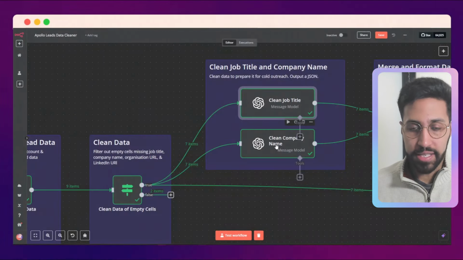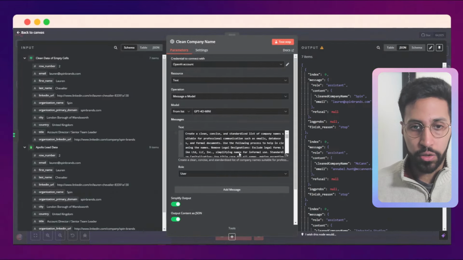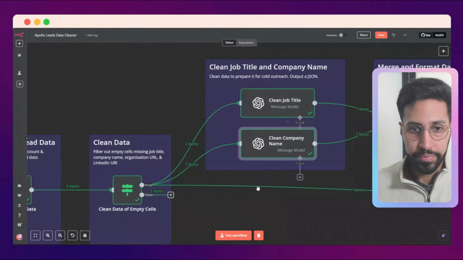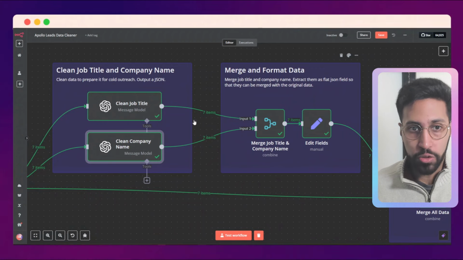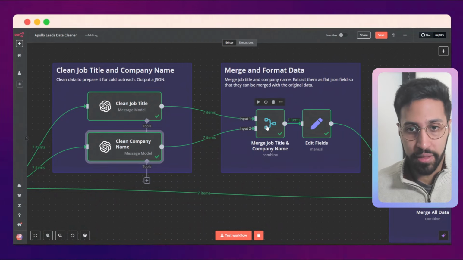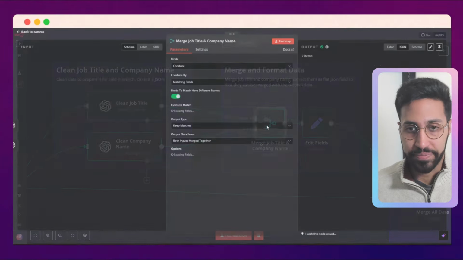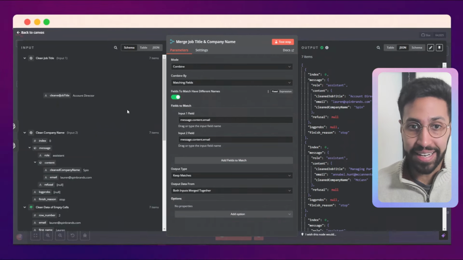And then exact same thing for the company name. And you have a prompt here, and you can copy this prompt as well from the workflow. So once we have that, this part is just merging the two nodes here, the job title and the company name together. So if I were to press this, we can see from the nodes on the left, we get the cleaned company name and the clean job title,